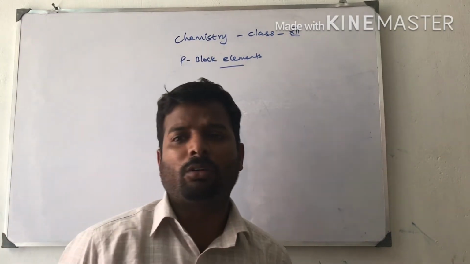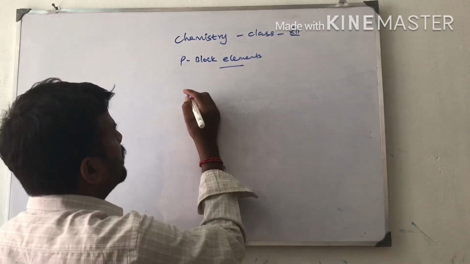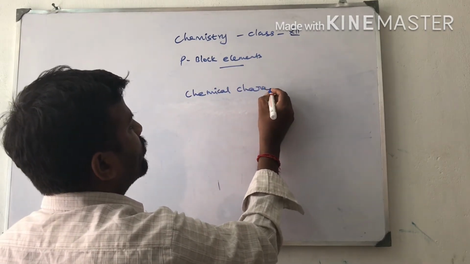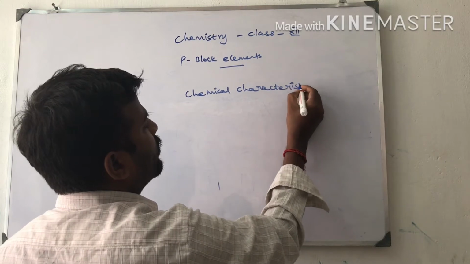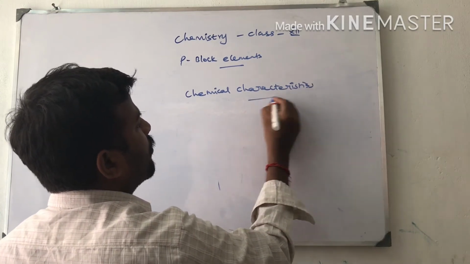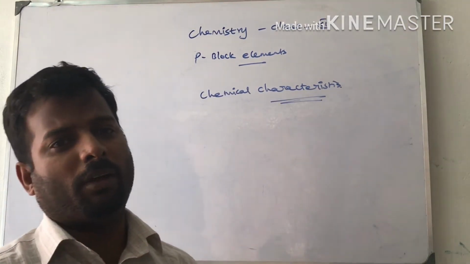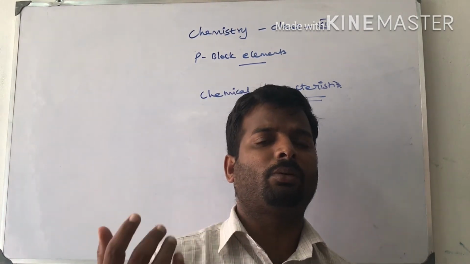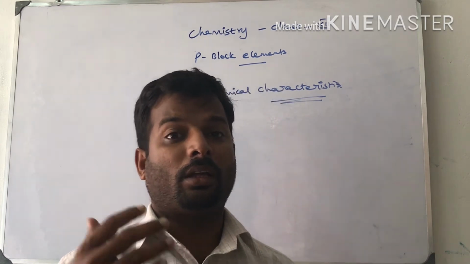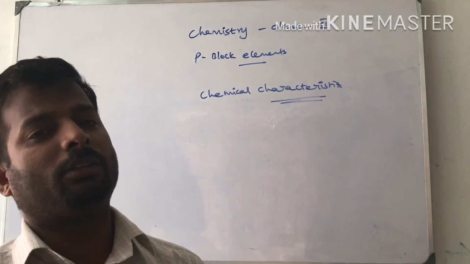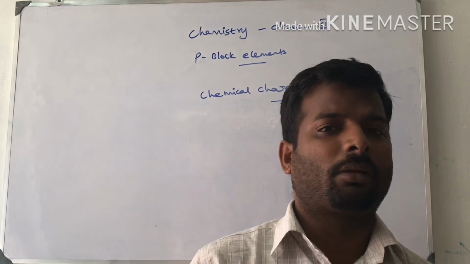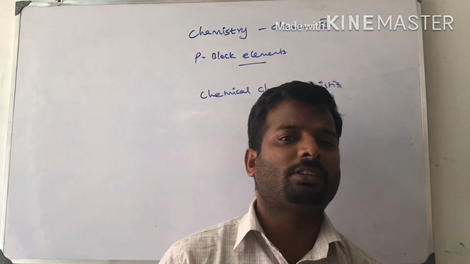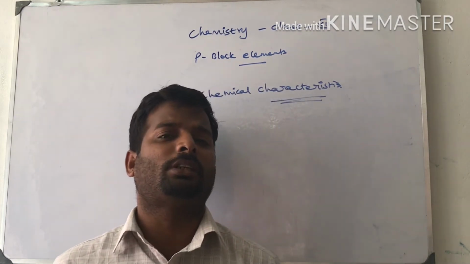Next I am going to tell about the chemical characteristics. Preparation of sulfur I have explained. The alkali waste like calcium sulfate, magnesium sulfate, during purification sulfur is removed as byproduct. Next one, iron sulfide we can purify by heating. Distillation method, simply giving distillation. Distillation we already learned in the general methods lesson.